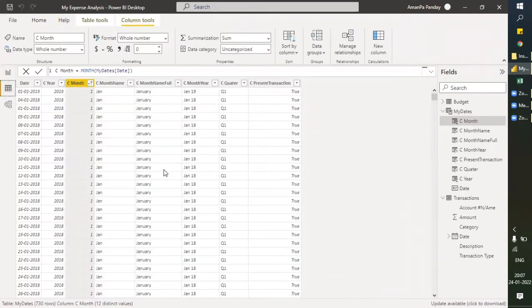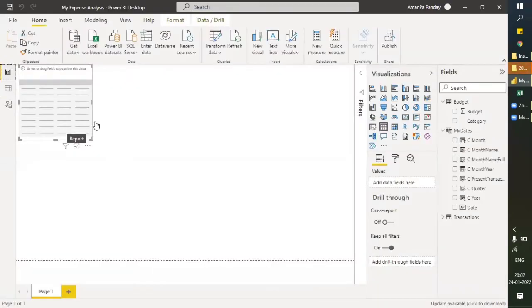Actually, the issue was that we hadn't sorted this table. So how can we do that? Just go to the sorting table and click month. Select that particular column first, and then go to sort by column and select the particular column. It will sort the data. And now let's go here and reapply the same. Now it should work fine.